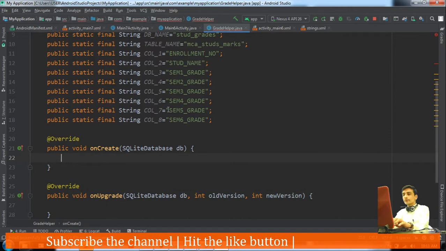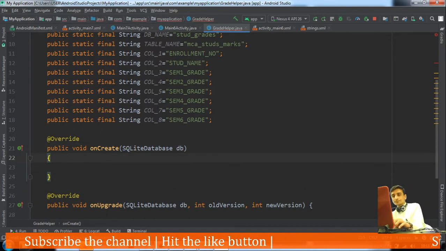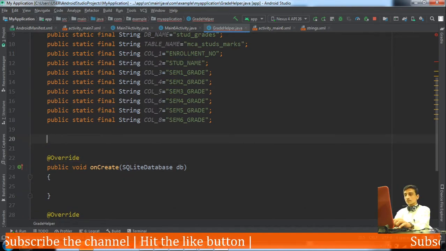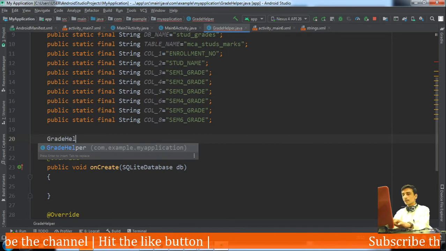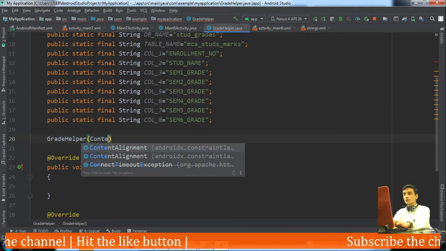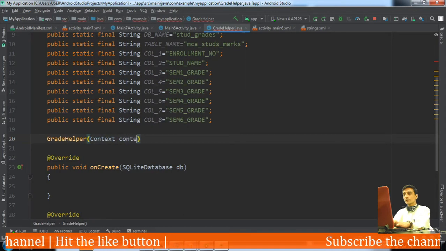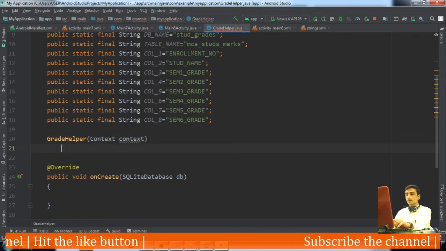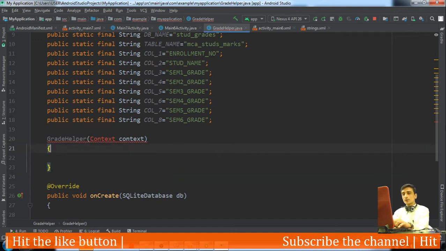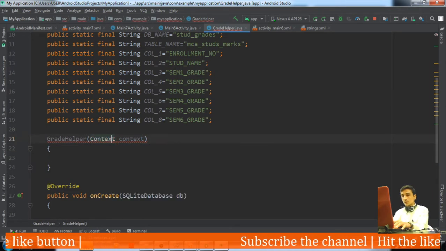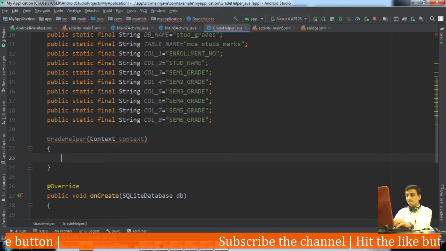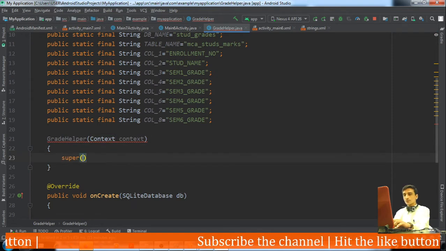In our class we will define a constructor, GradeHelper, where we would receive one argument of application context from the activity where we will create it. Import the class and call the superclass constructor.